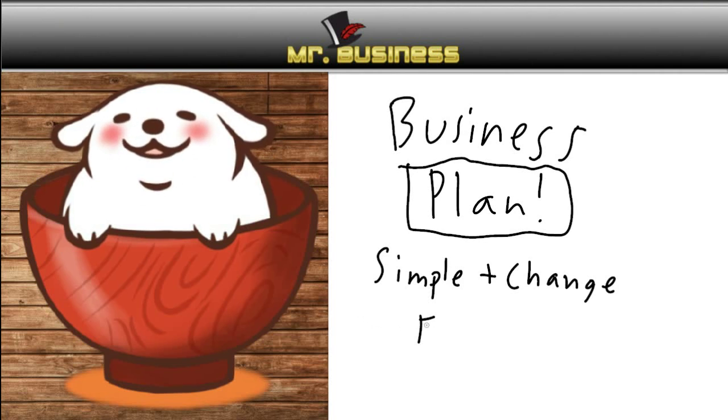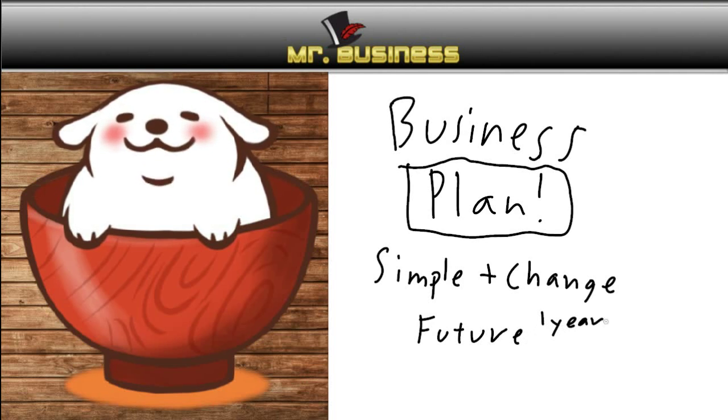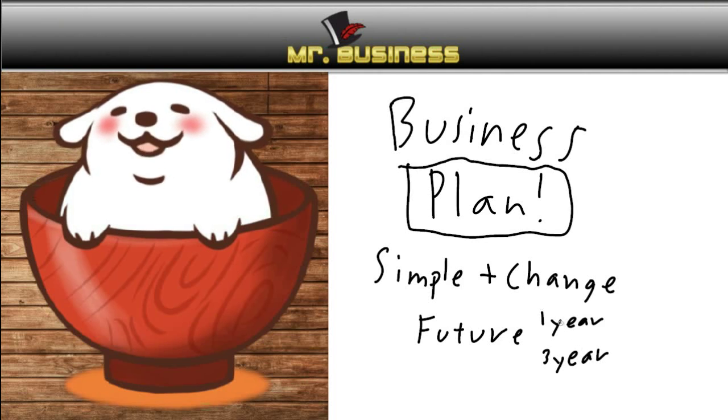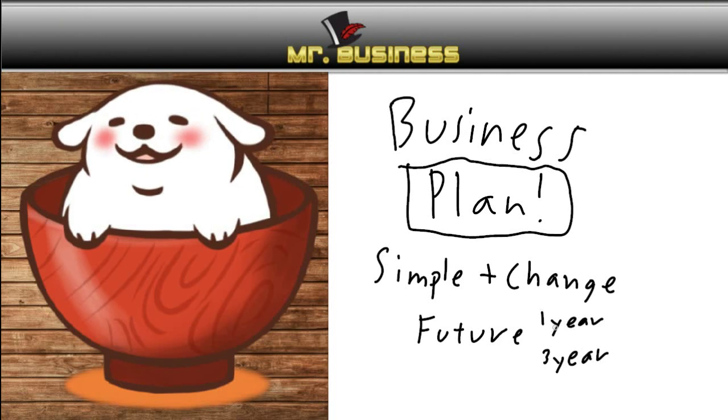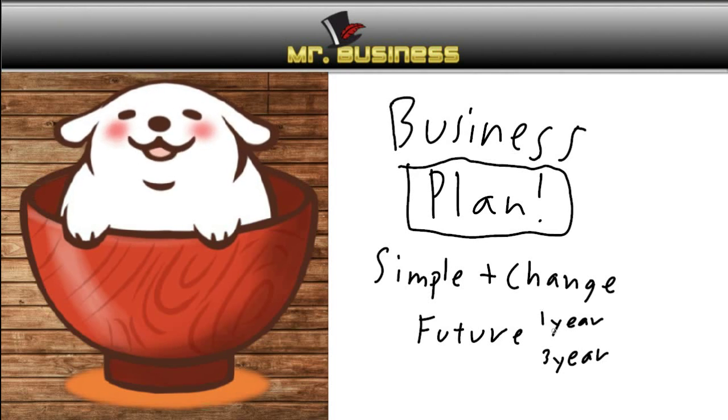Finally, because things change, you're going to have to focus on the future. And it's usually just going to be a short future, about 1 to 3 years. If you can go further than that, the only problem is that the further you get out from where you currently are, the more unpredictable things become. It's just that simple. They become very, very unpredictable the further out you go.